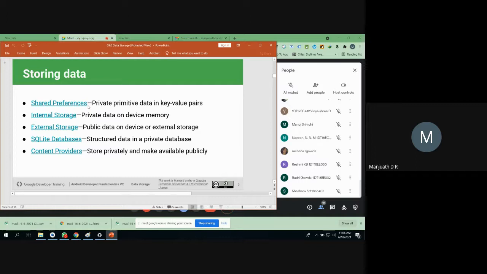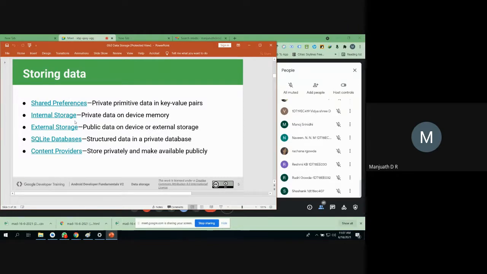So I will tell what the advantages of using shared preferences are. Where are all your mobile phones utilizing the shared preferences way of storing the data? When we are talking about shared preferences, normally we are not going to store public data. Public data means it can be accessible by other applications or other users also. Private data means it is tied to a particular app and to a particular mobile device, rather than being available to other mobile users or different apps. When you want to store some information in a separate private file, then shared preferences is the best option. Today, the hands-on is based on shared preferences.